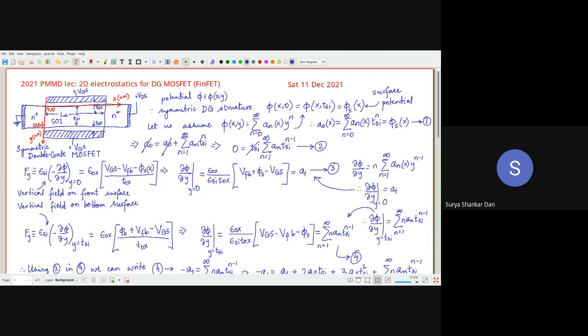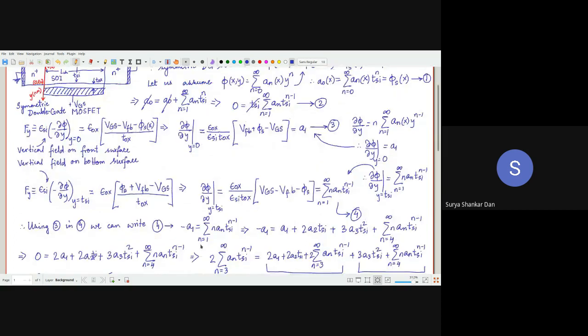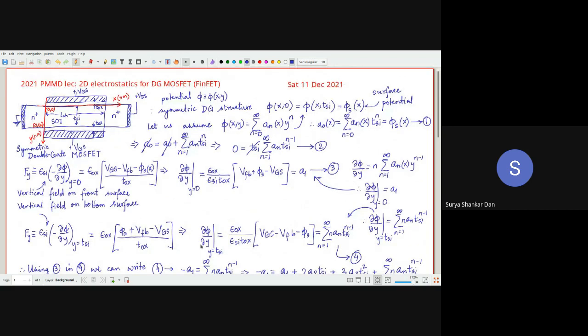But in a sense, if you are using an FDSOI device, that means this TSI is lesser than the WDM. That means it is an FDSOI device. So this entire SOI region, the silicon is completely depleted. That is how the FinFETs are made. And what we are trying to do here is develop a model for the latest state of the art, which is the FinFETs.